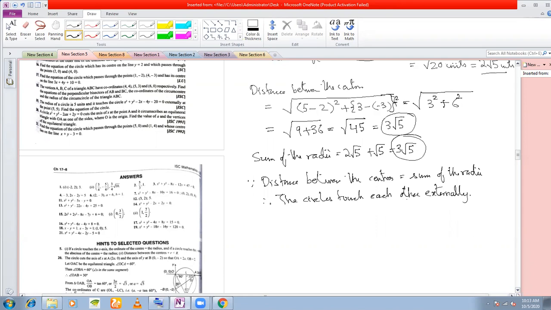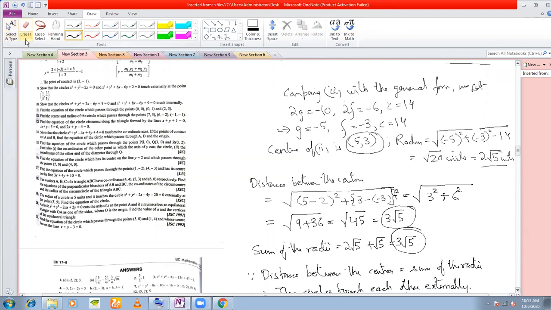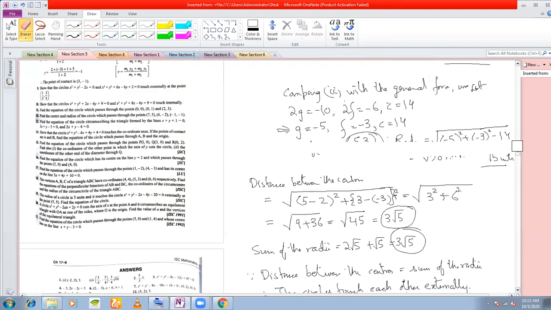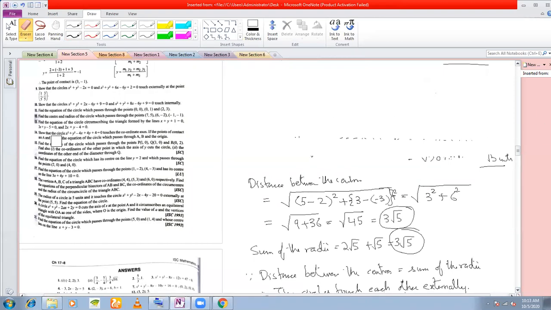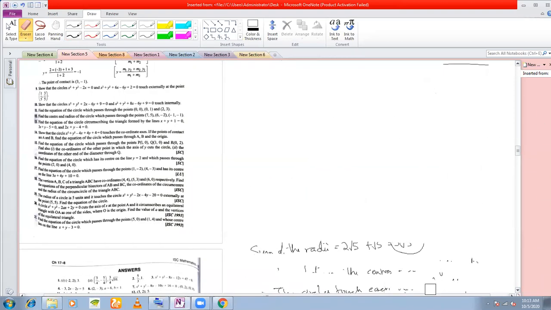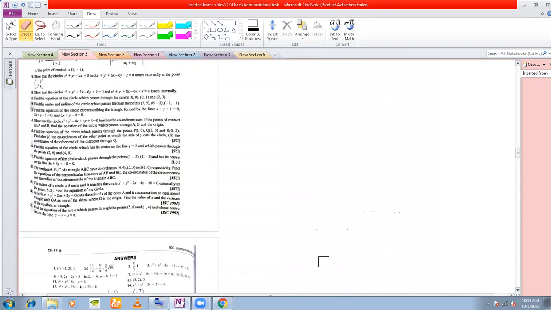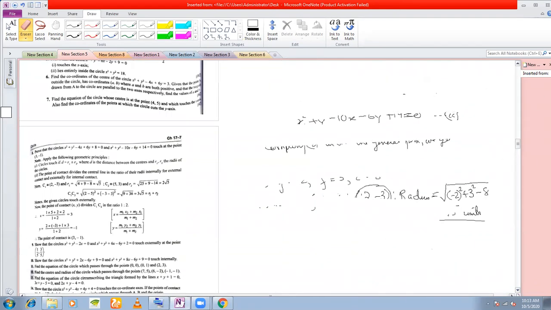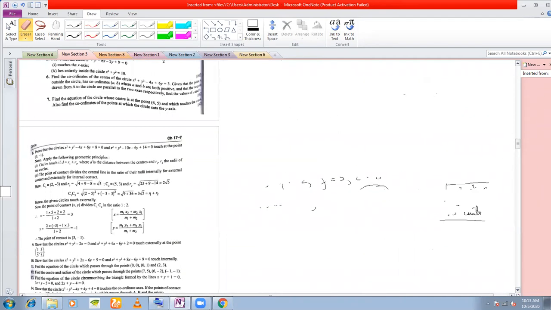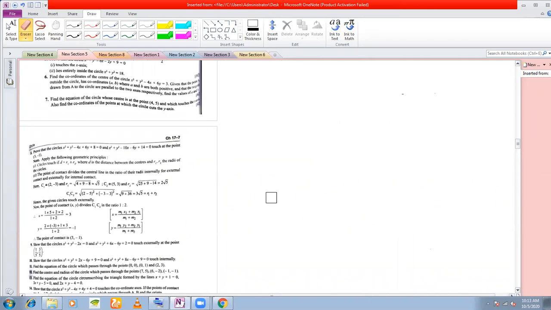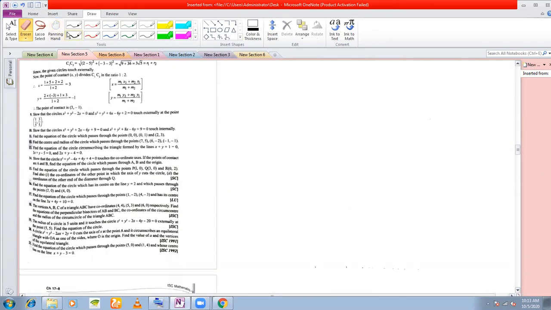Another important sum that I want to do here is: what is the equation of a circle that passes through three given points? If you have 3 points given to you, and the question is to find the equation of the circle passing through these 3 points, then how will you find it? Let us take one example from these problems and see how such problems are solved. This is a very important problem. Let us say number 15.